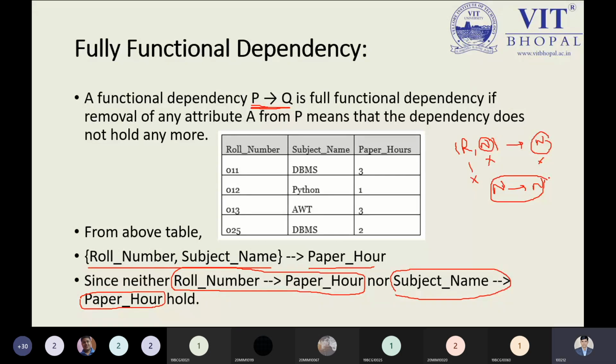Next, subject name and paper art. The subject name is saying to us we are using the subject name, but in this case you can observe over here the database management system course we have, and paper art we have 3 and 2. From this perspective, we are unable to identify to whom to assign this course we are using, DBMS. The roll number is not mapped between these two things, subject name and paper art. This is the reason we have the fully functional dependency. The fully functional dependency is saying the dependency is fully functional on the other attribute. If you are removing something, then it will not continue, or the dependency cannot hold anymore. That is the reason. Now, is it clear to you?